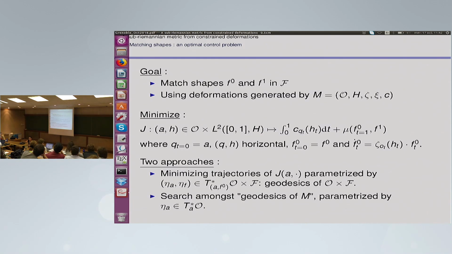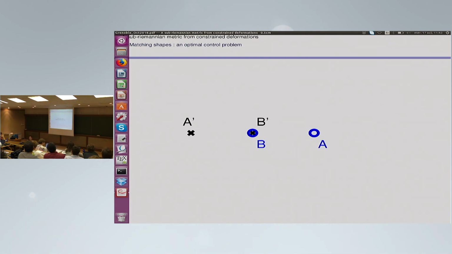So here it's really a sub-Riemannian trajectory, trying to go around what is not supposed to move and trying to bring the point that is supposed to move as much as you can. If you take the other approach, you will consider only geodesics that can be created by one translation, so in the space of 1 point, and you use these geodesics in order to transport the 2 points where you want.